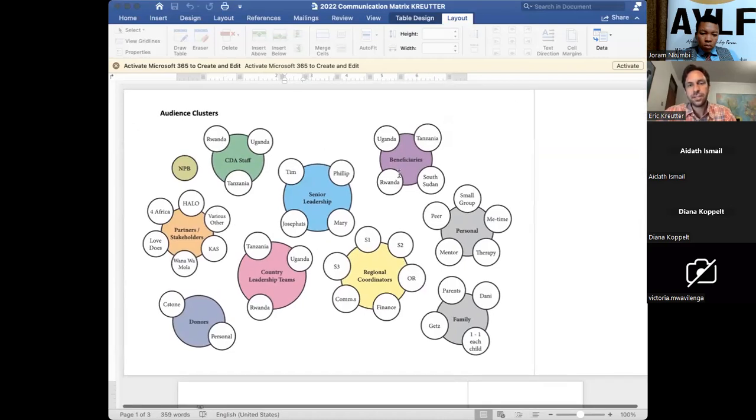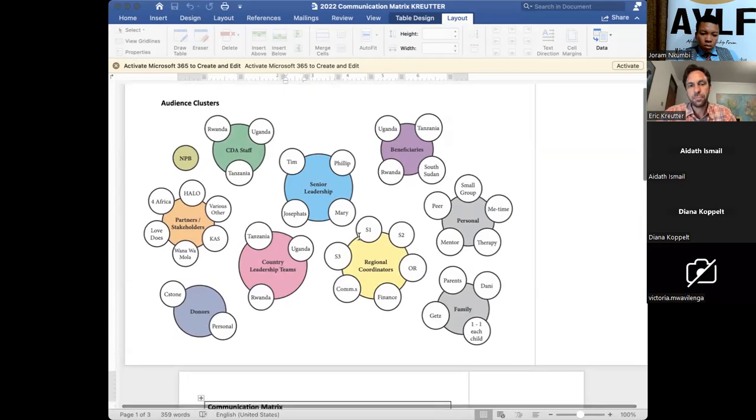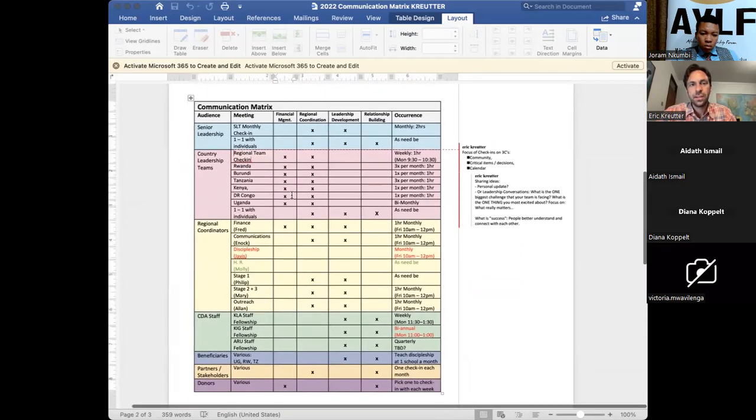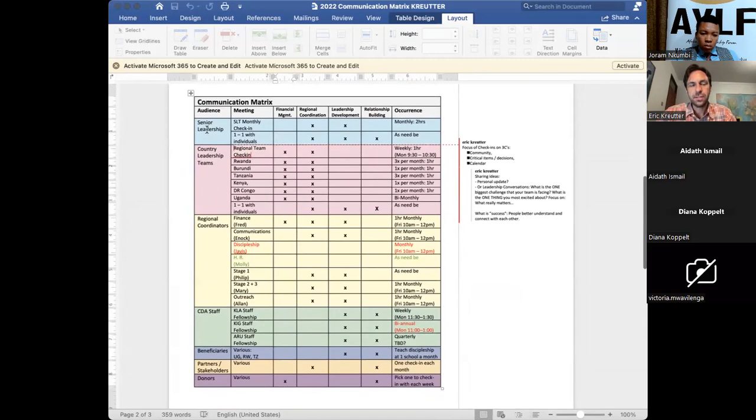So all of these audiences, like I said, have different ways that I connect with them. So I take that illustration and then I put it into the form of a matrix. A matrix is a way of organizing information in columns and rows that helps to organize maybe something that you're thinking about. And so this is called a communication matrix. So it begins with the different audiences that I have.